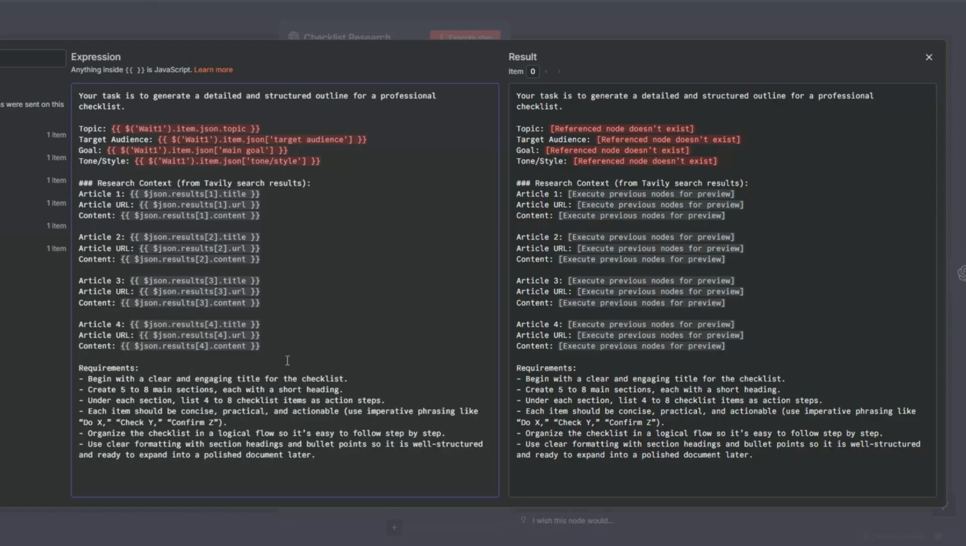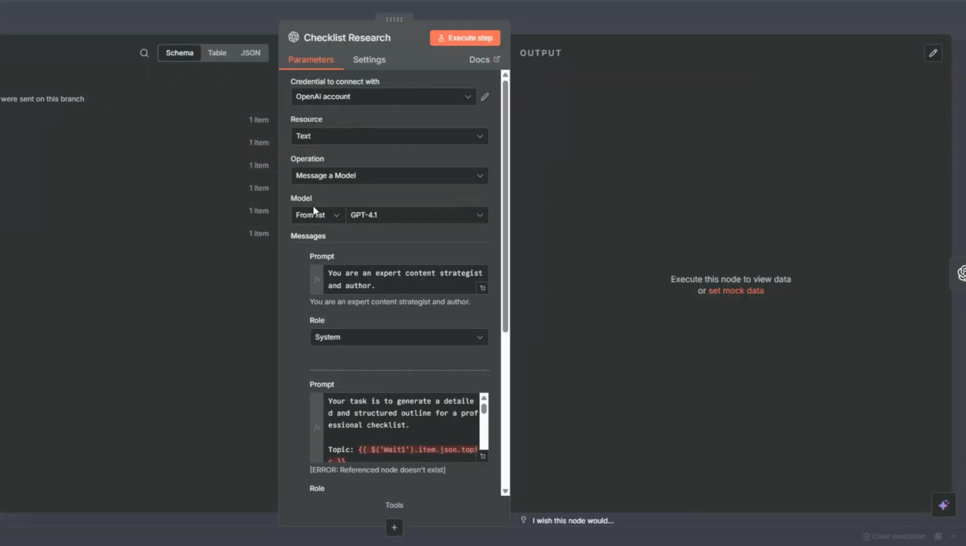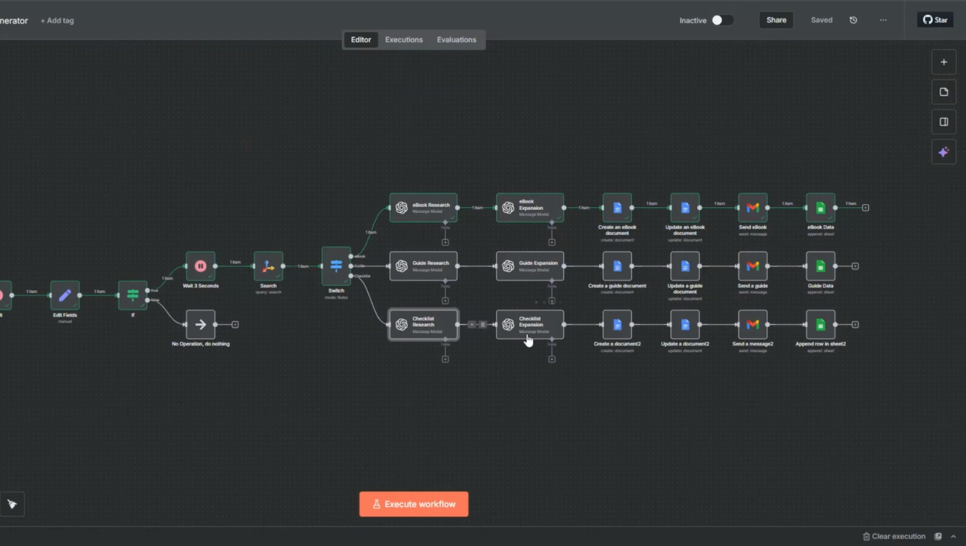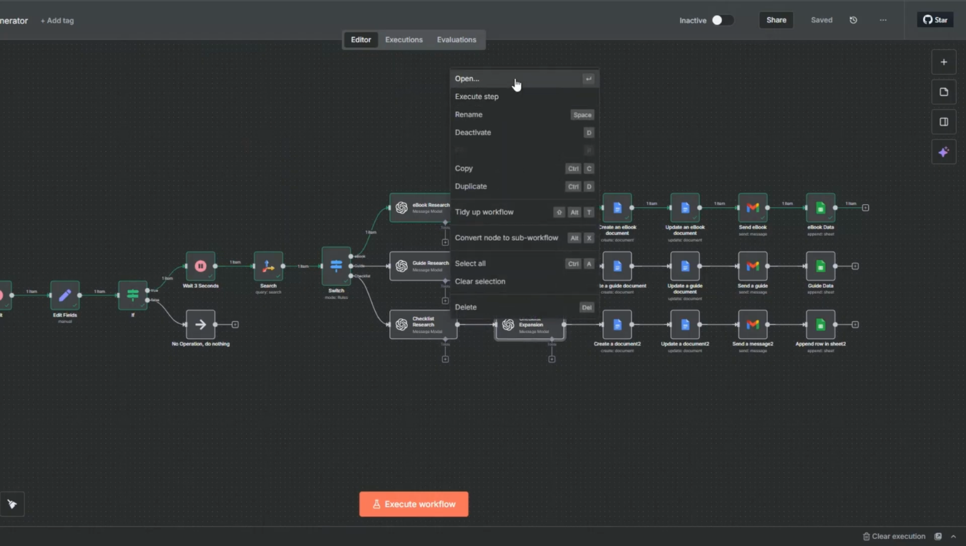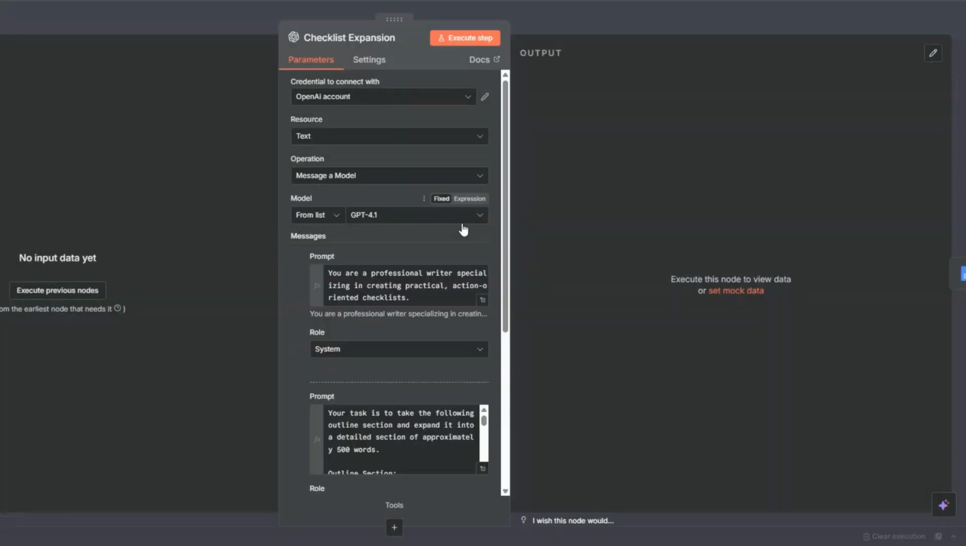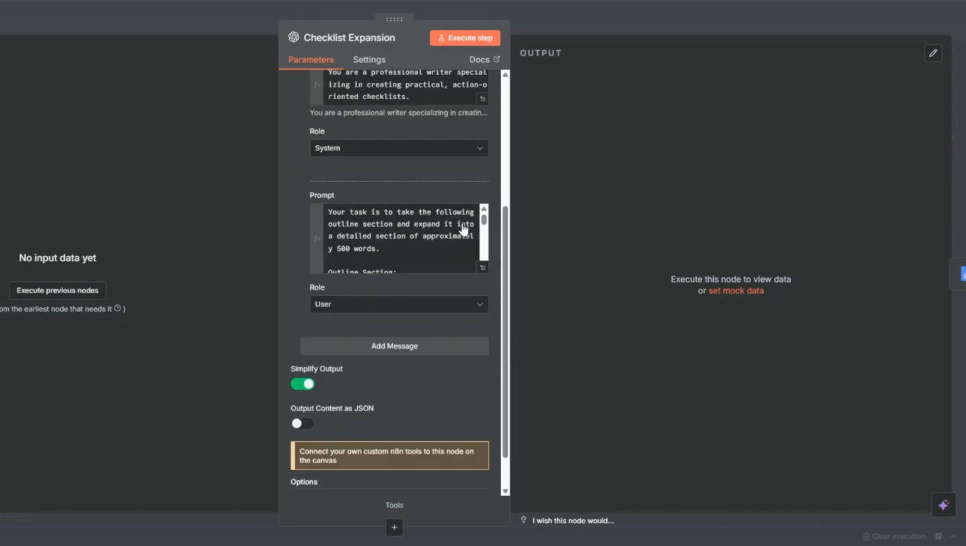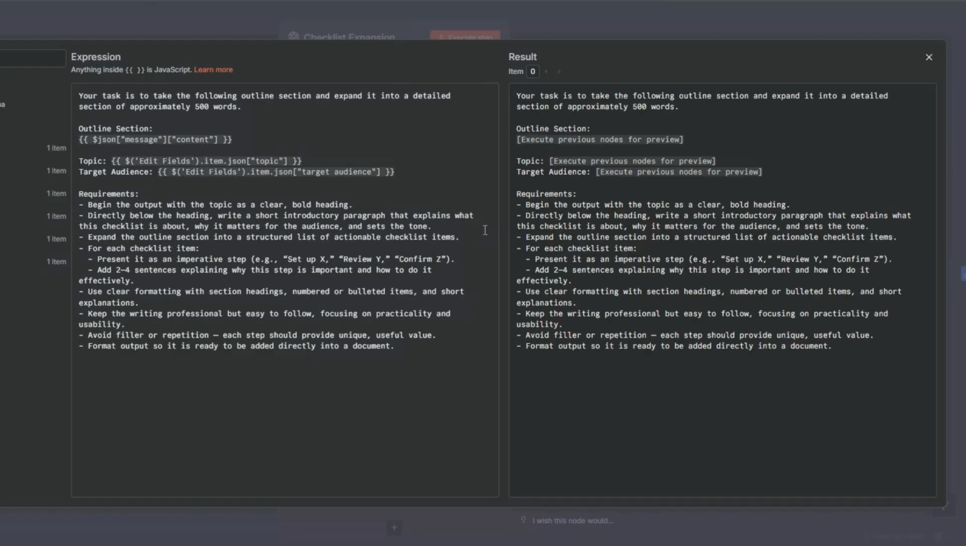And lastly, we're telling the AI use clear formatting with section headings and bullet points so it's well structured and ready to expand into a polished document later. So that's the checklist research node. For the checklist expansion node, the prompt for the system role is on the lines of you're a professional writer specializing in creating practical and action-oriented checklists. Then the prompt for the user role is on the lines of your task is to take the following outline section and expand it into a detailed checklist